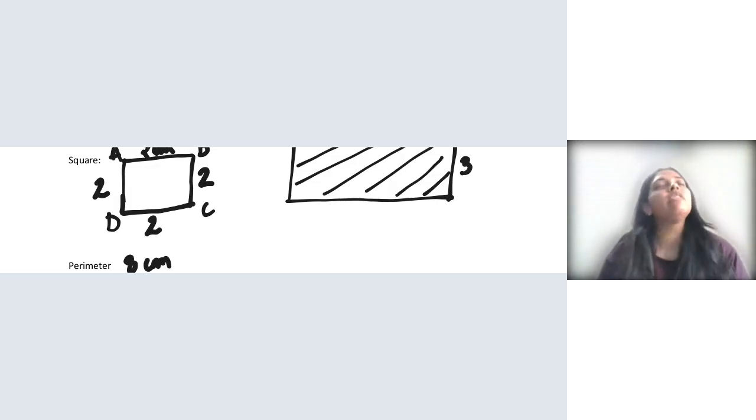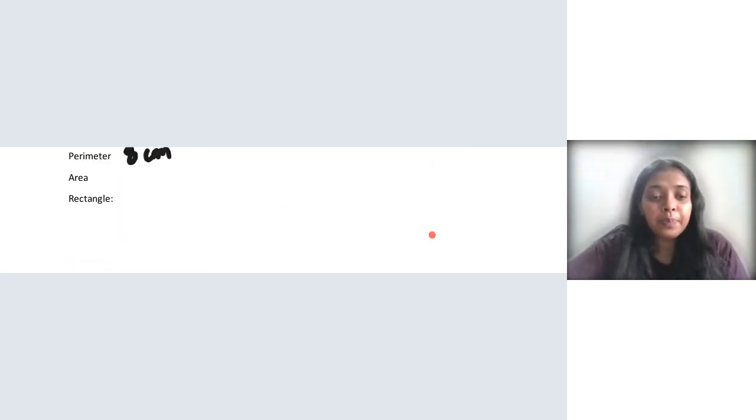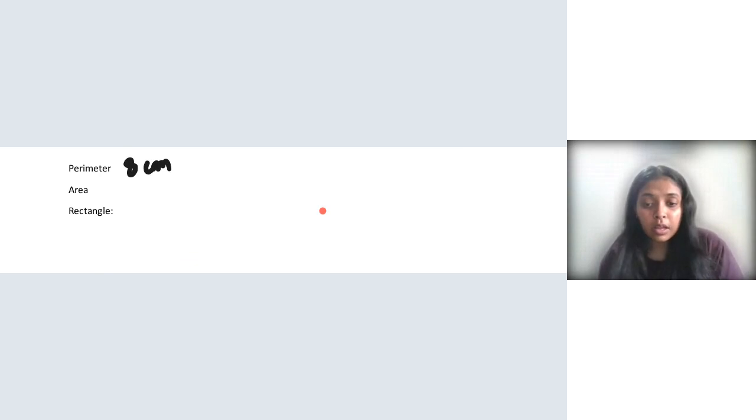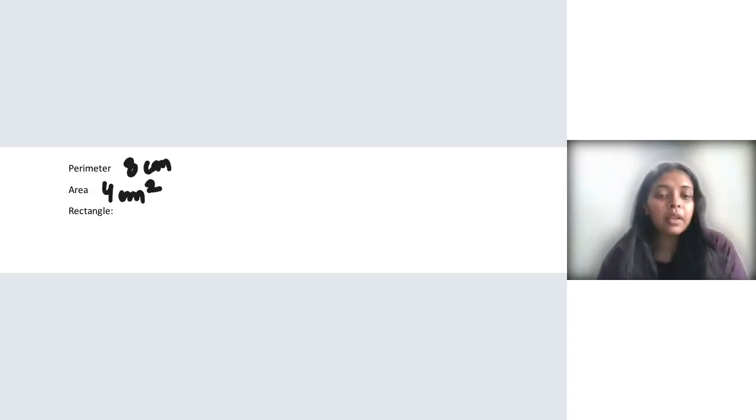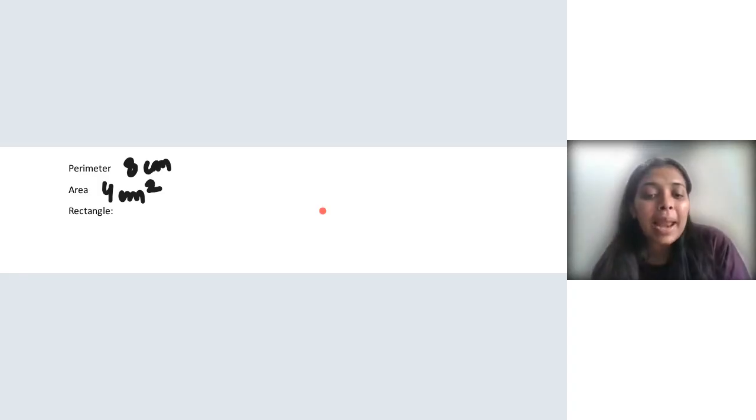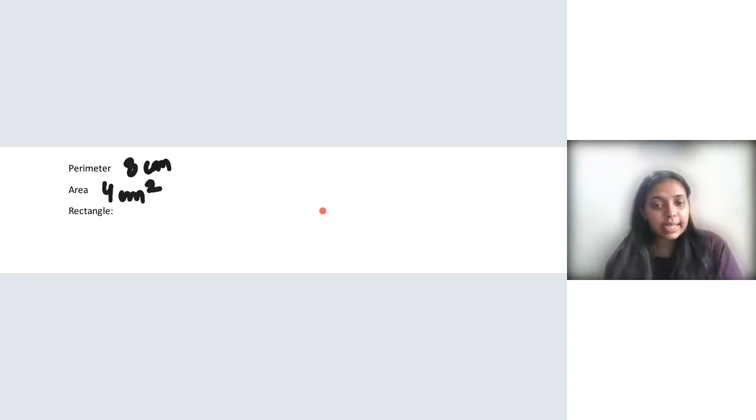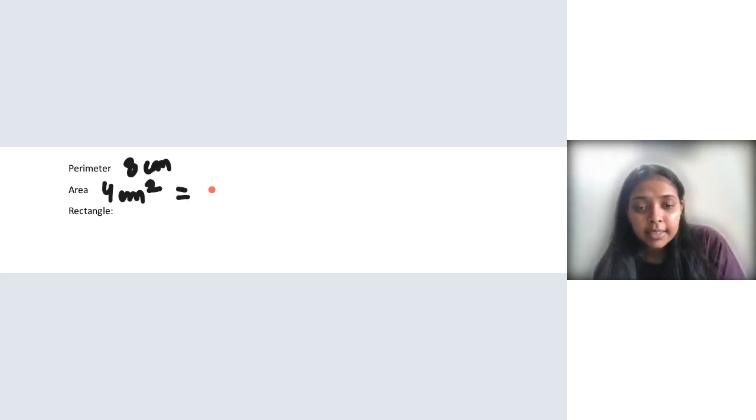Yes. So what will be the area of a square if I multiply 2 times 2? What is 2 times 2? 4. So the area of the square will be 4 centimeter square. Okay. We are calculating area and we are multiplying two sides, so we apply square. Okay, ma'am. So can I say that the area of a square is side times side?